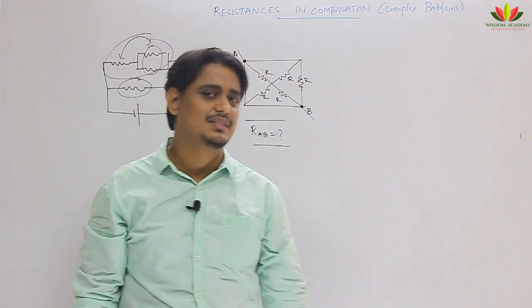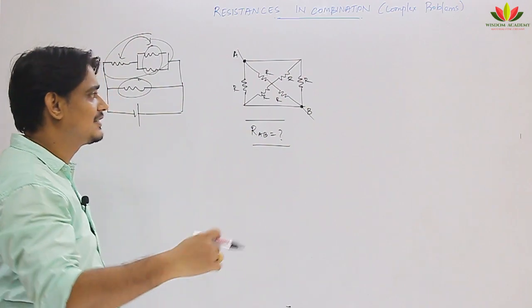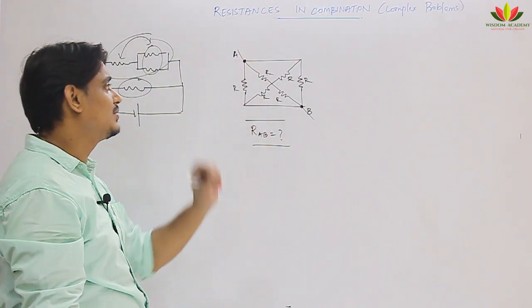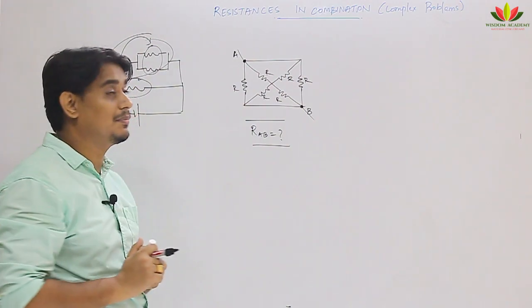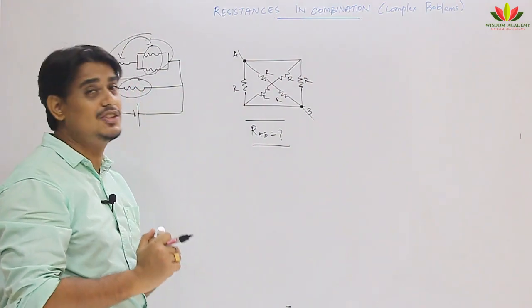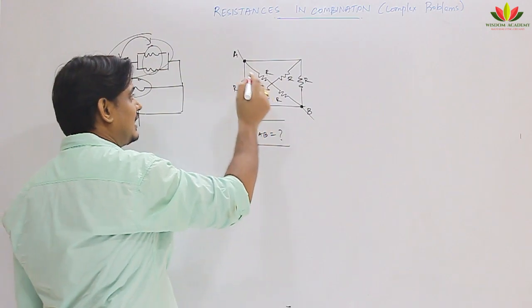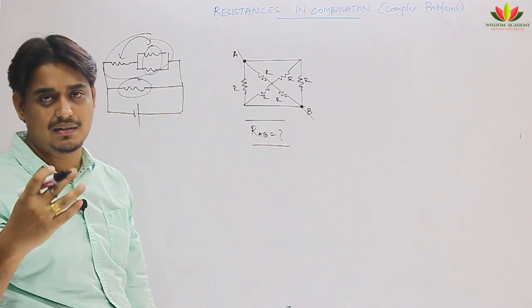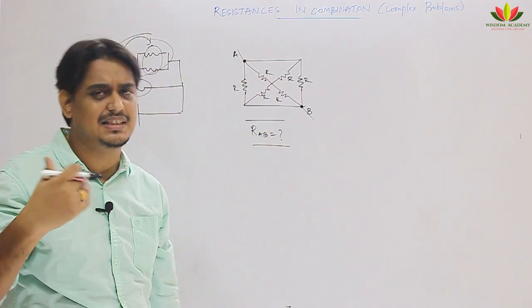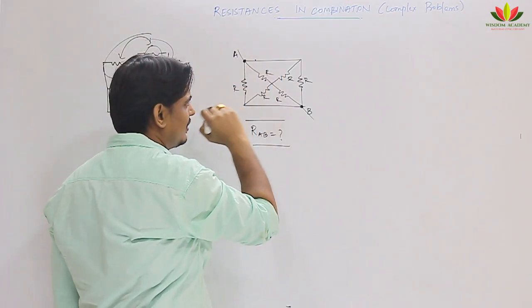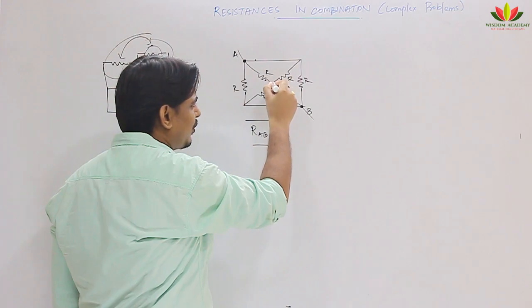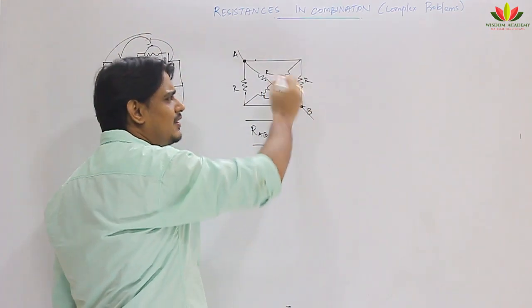Have you tried? Got confused? Yeah, that's what I was telling you, that this kind of problem is not easy for us, to identify which are the points of parallel combination and which are the resistances of series combination, because you know that if the current gets split, it is a parallel combination, and if the current does not get split, it is a series combination. Suppose someone says these three are in parallel, and then he goes inside and gets confused about what is in parallel with what.